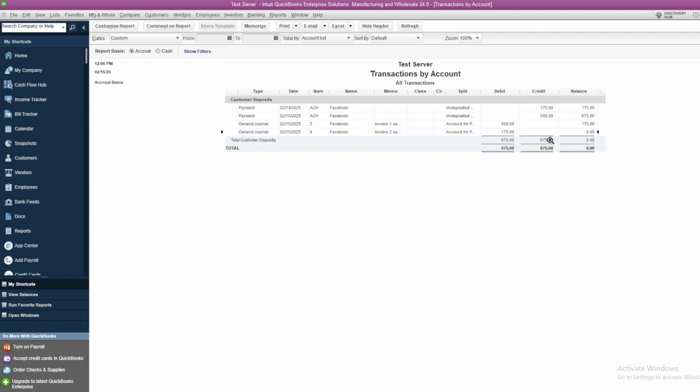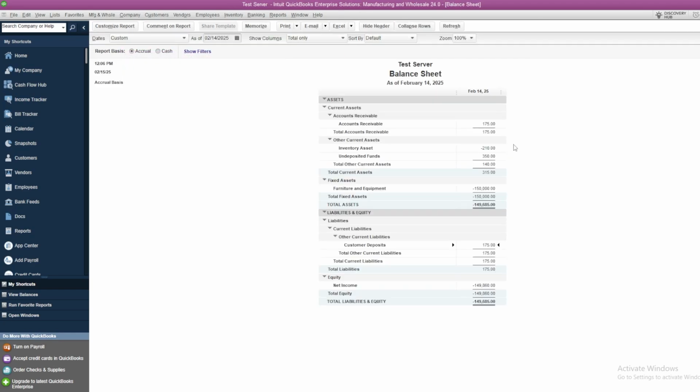So we can see that we had $675 worth of customer deposit liability at some point on our books that we have earned. That then is going to balance against, if we bring the dates forward,